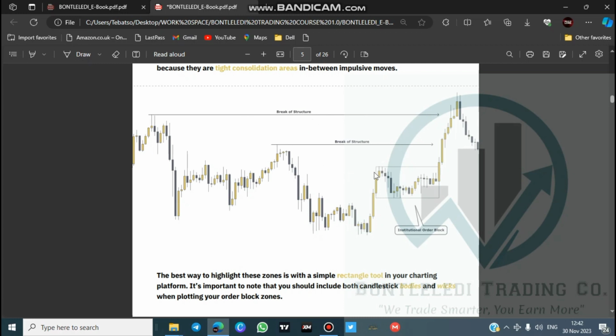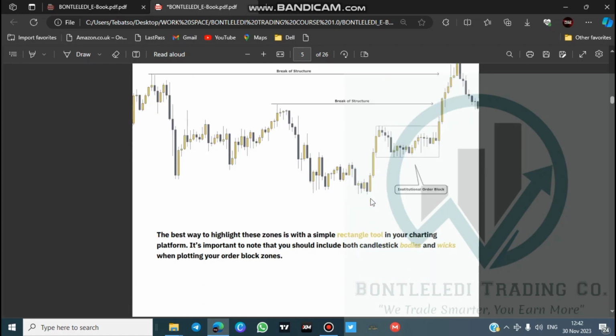So what are we looking for now? No problem, I'm still going to explain to you how, and why, and where, which one is the correct order block, because you have learned that the last candlestick in the opposite direction is the order block, but which ones are the strong and high probability order blocks? The best way you can do that is to highlight these zones with a simple rectangle tool in your charting platform. It's important to note that you should include both candlestick bodies and the wicks when plotting your